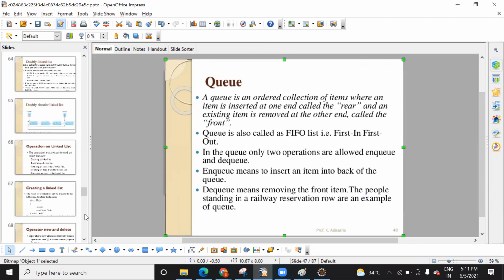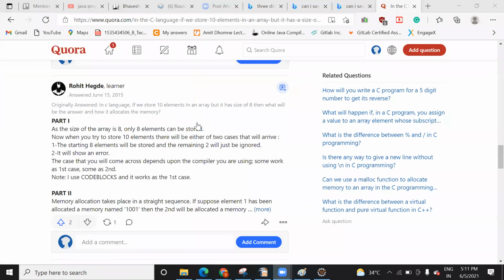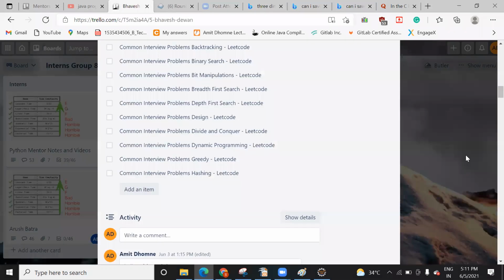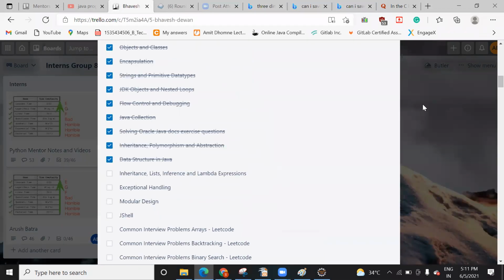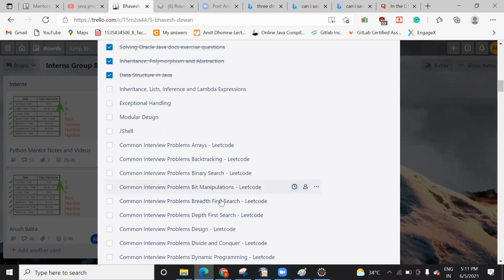Within 3 to 4 classes, we will complete all the modules. Only lambda is left, then exception handling and JShell, and then we are good to go. See, binary search is there, array is there, so the data structures that I've explained are based on these.